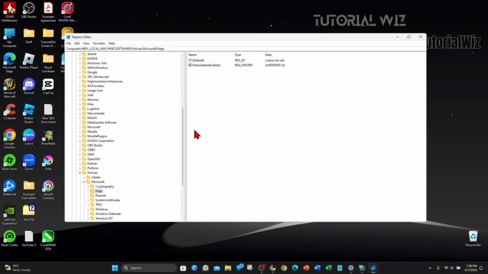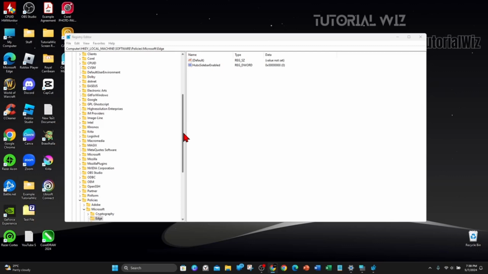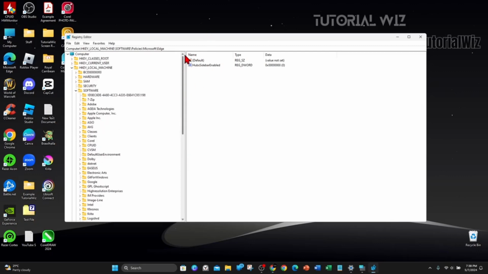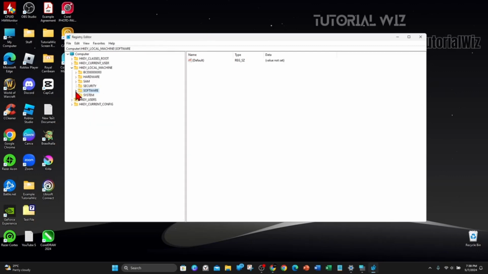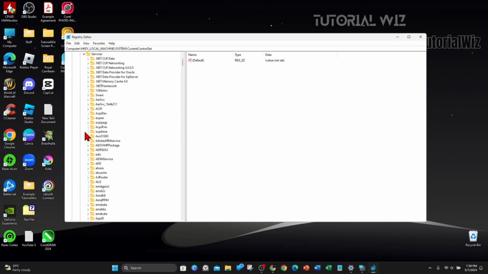Just minimize the keyboard, you don't need that now. Now what you want to do is expand HKEY_LOCAL_MACHINE and then expand System, then expand CurrentControlSet, then expand Services, and then from here scroll down and look for